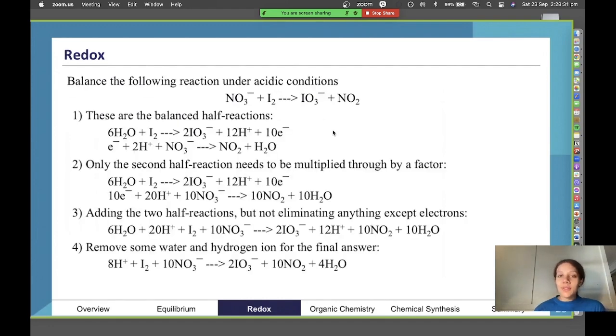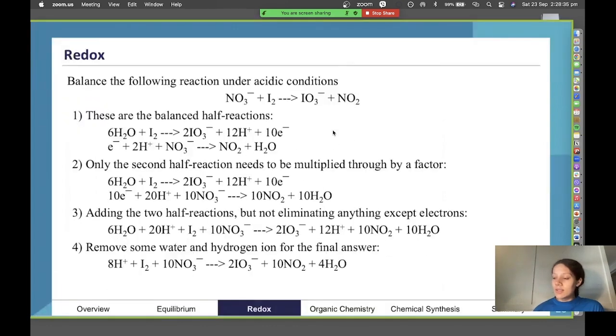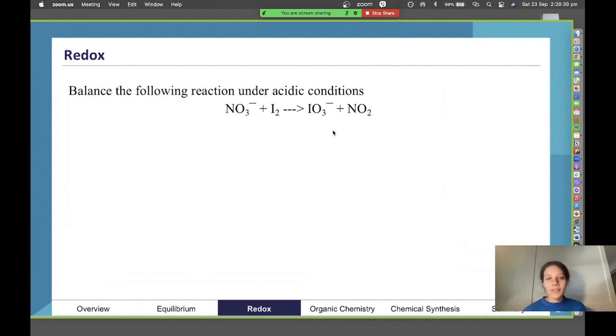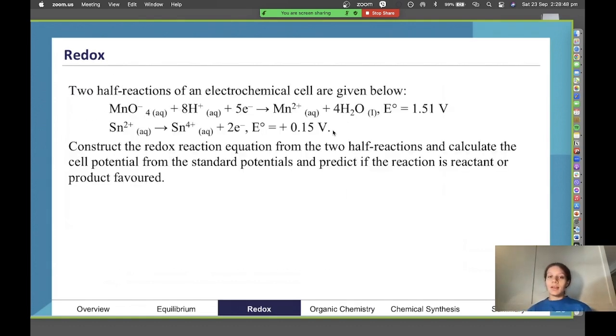And then just in the interest of time, I think it's a very similar question, but we have an extra balancing acidic conditions question there. Please have a look at that if you'd like to do some more practice. You can download the slides and the solutions are all there as well, following the same process that we had before.